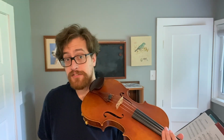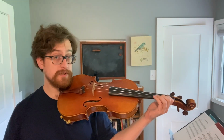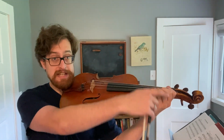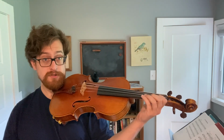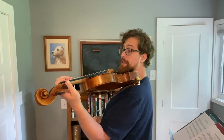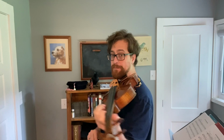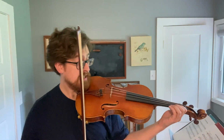Now let's talk about the actual act of shifting, because this is important, and it may be something that at the junior high level we haven't done a ton of yet, and that's okay. This is a good time to start. So when we shift up to third position, so first, second, or third, all of this remains the same. I like to think of it just like a train on the train tracks, moving up, moving down. Importantly, from this side, you'll see the thumb stays the same, right? Okay, so when we are shifting up